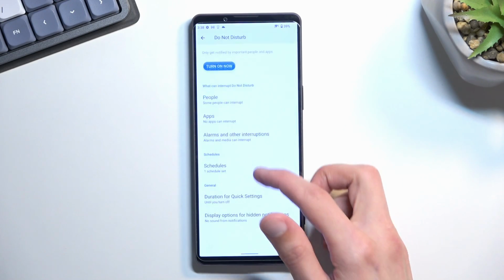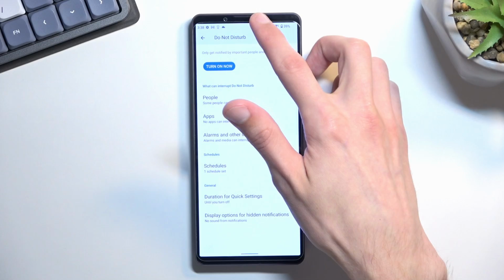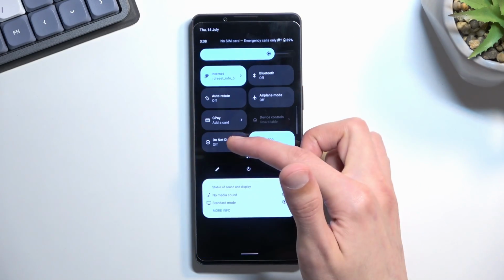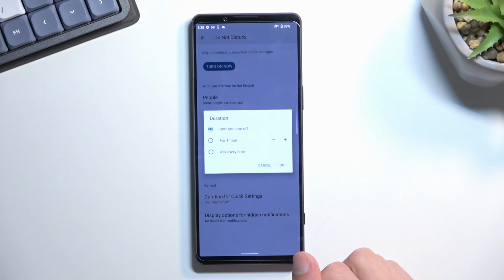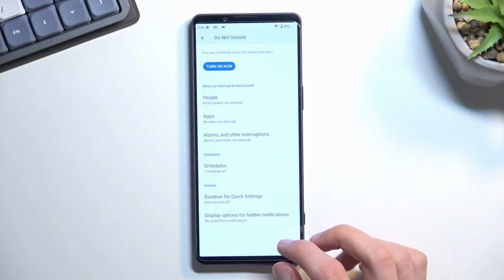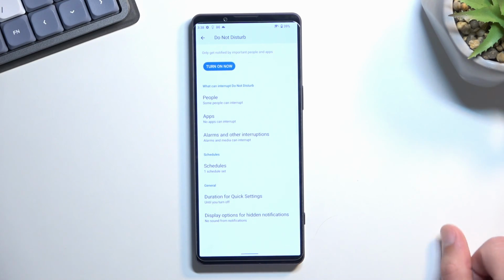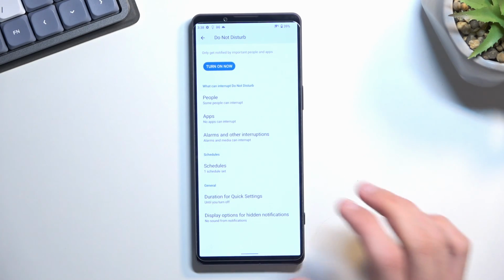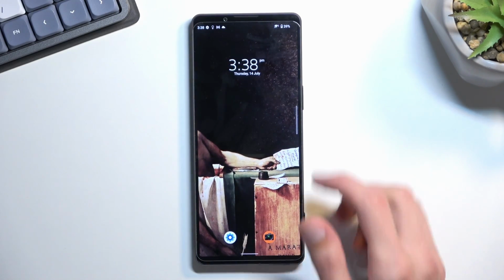Now going back, we also have a duration for quick settings, which defines what happens when you press on the toggle right here, giving you a couple options as you can see. And lastly, we have display options for hidden notifications. So it just basically allows you to choose what happens with notifications when the mode is enabled. Anyway, once you went through all the settings right here and customize them to your liking, you can close this